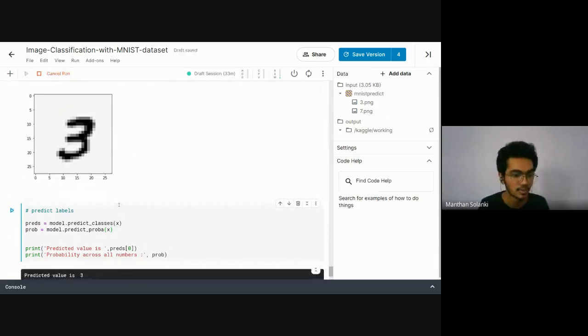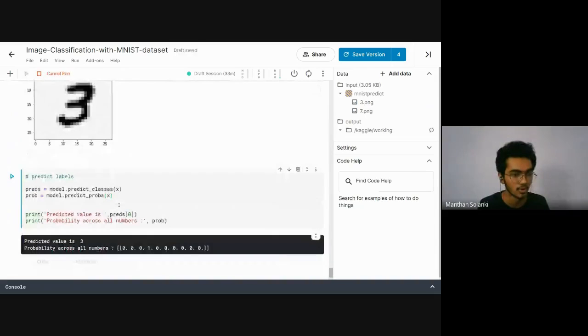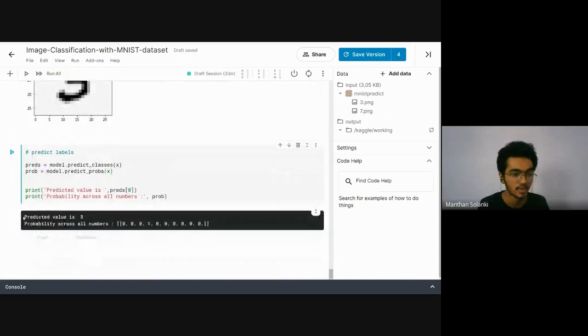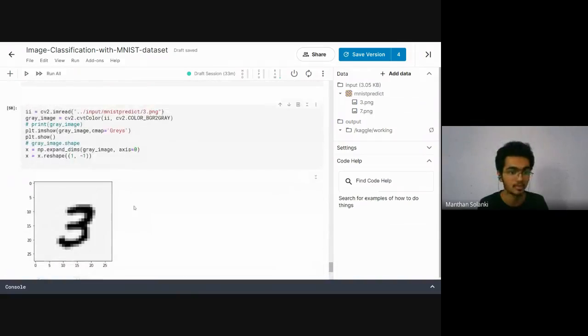And if I simply run it, my model is predicting very well. The predicted value is 3, and the probability across all numbers is one-hot encoded, right? This is for 0, this is for 1, this is for 2, and this is for 3. The model is predicting 3 with the highest probability, and that's why my output value is 3. So this is how we can predict the value.